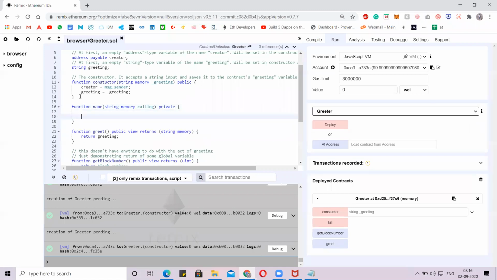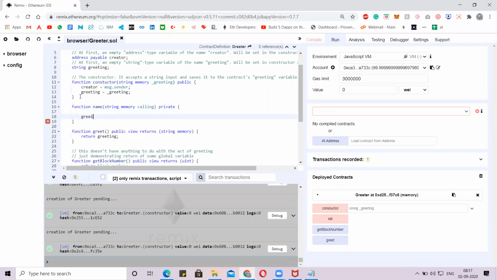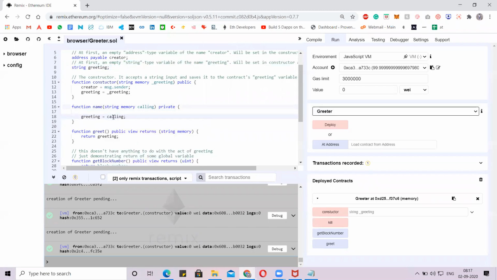Now I'll pass the data to the global variable which I have created here, the state variable, greeting. Can anyone tell me what this function will do?